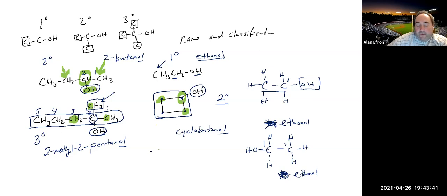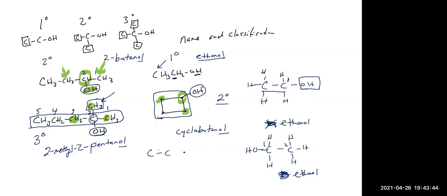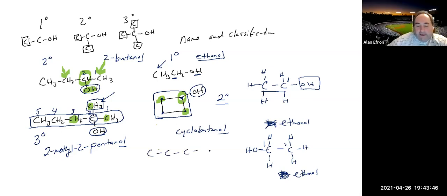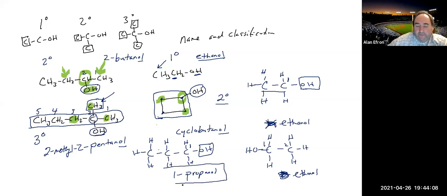Now, when we get to 3 carbons, for example, and we put the OH here, this again would be 3 carbons, which would be based off of propane. This would be propanol. The OH group here would be carbon number 1. This would be 1-propanol. Now, if we move that OH group to the second carbon,